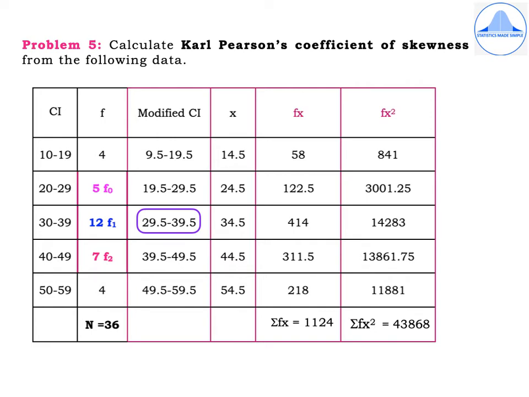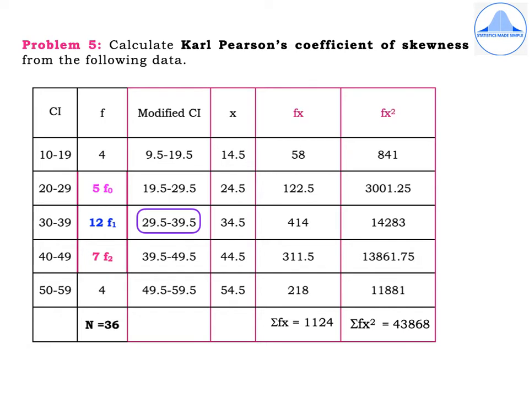So remember that for Karl Pearson's coefficient of skewness, we need to find out the mean, then we need the mode, and we need the standard deviation. And also observe whether any of the frequencies are repeating, because if the mode is ill-defined, then you have to use a different formula for Karl Pearson's coefficient of skewness. Now, since the class intervals are inclusive, you have to convert them to the exclusive format.